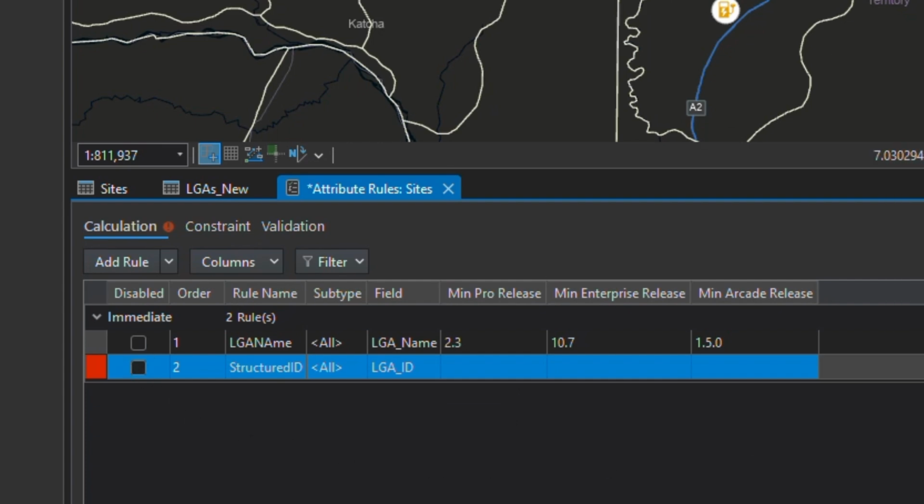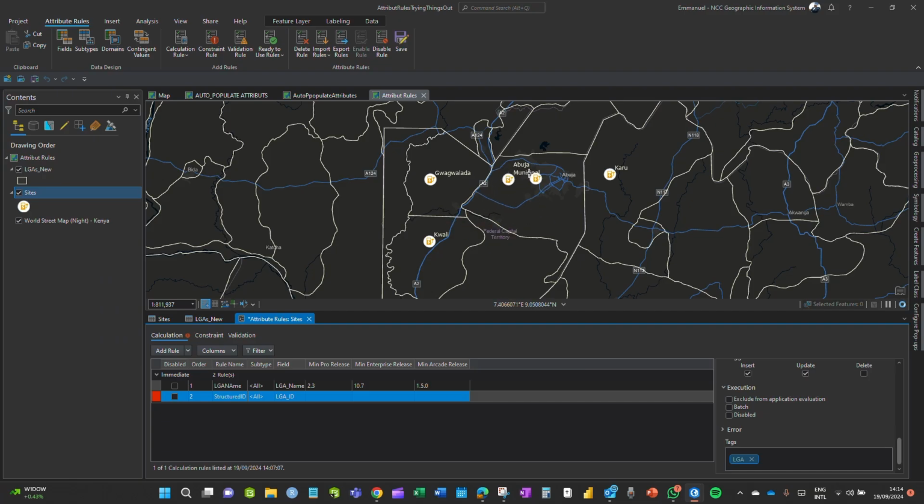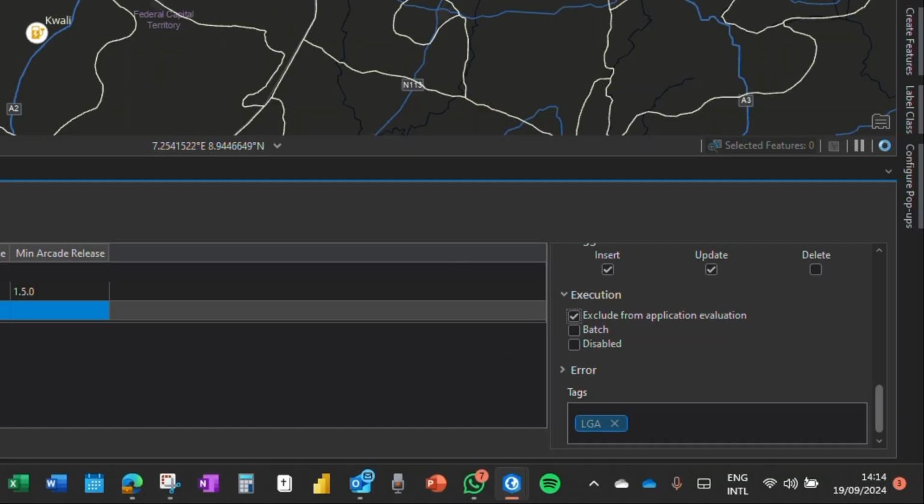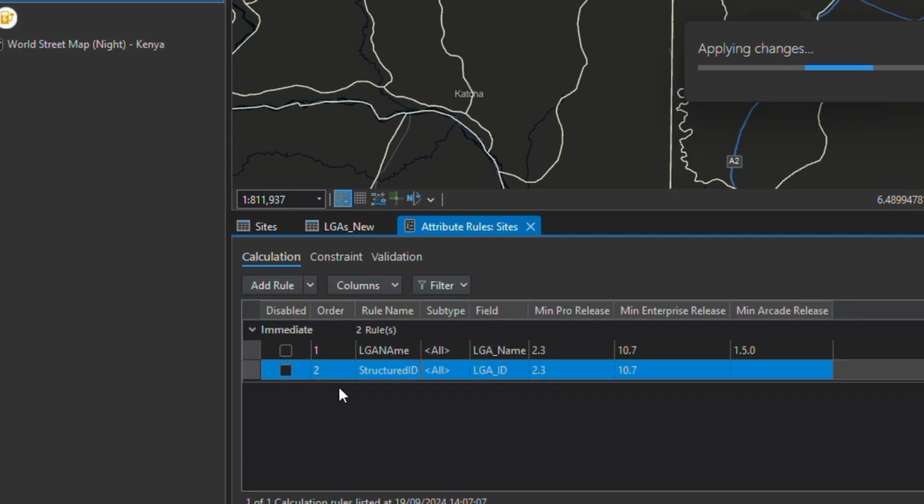Because you are creating on the map view and you want it to implement the rule immediately. However, the incremental IDs are created at the database part, which is not at the application level. It is at the geodatabase level. So it's saying, first of all, don't implement at the application level, go to the geodatabase level and implement it. So you are saying exclude from the application level. I have excluded it, and when I save it now, it should be able to